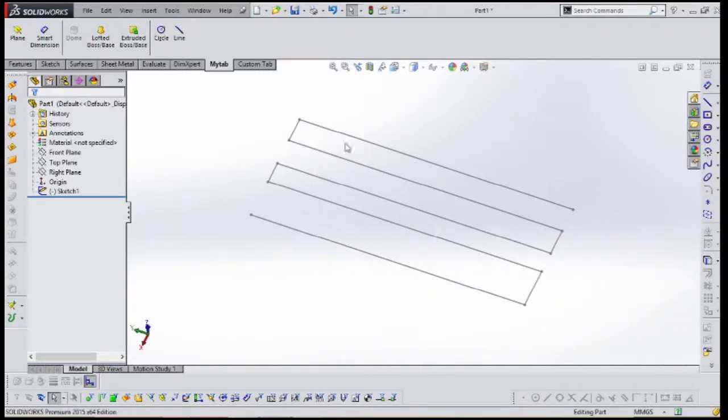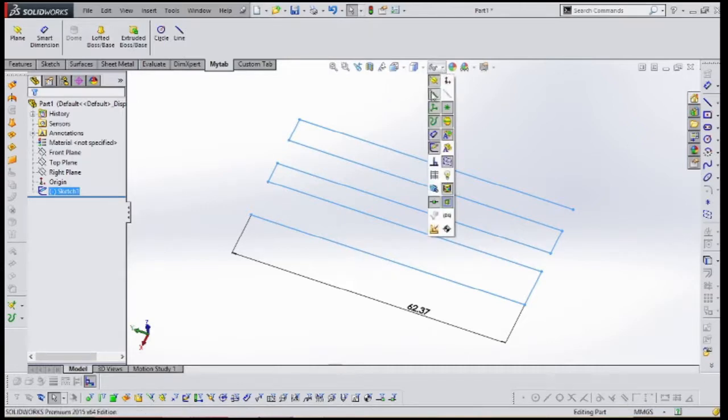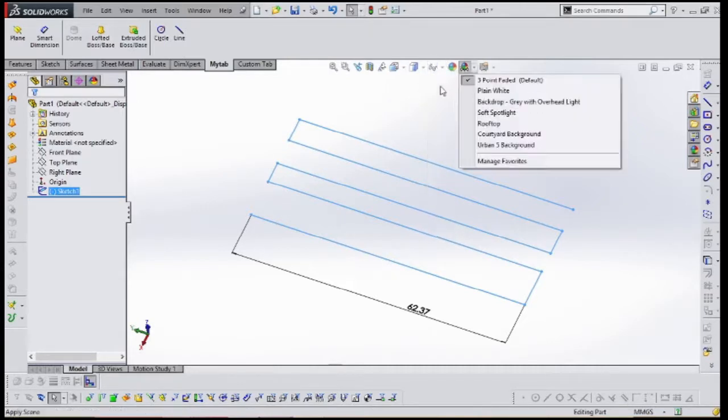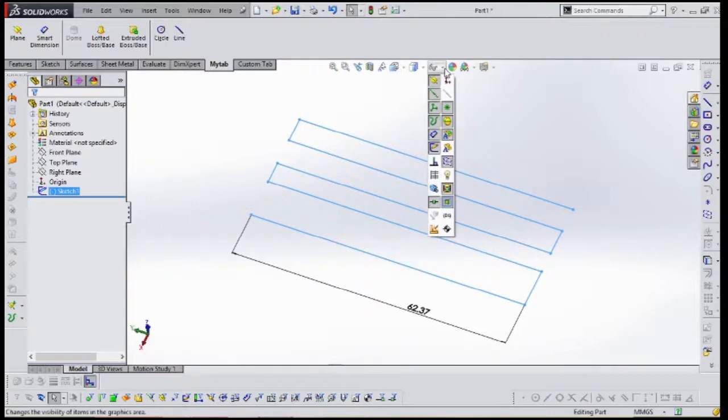If you want to see such kinds of relations, then in the goggles you can make these relations visible. I will show that in the relations and constraints topic.